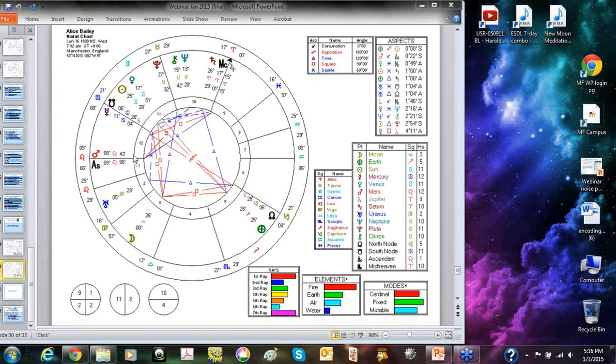The other thing that I thought was worthy to note is this stellium that she has here in Aries. There's a lot of first ray associated with this. And she's got Jupiter in the 9th house, the house of higher learning, and Jupiter is also the teacher, and she became the teacher. So she's got all this energy here in Aries, and the ruler of Aries is Mars. Let's go back to where Mars is. Mars is sitting right on her ascendant. So we see the relationship here with Aries and all of that energy and Mars.